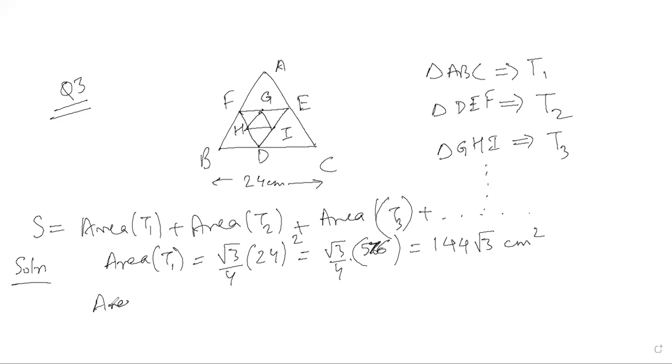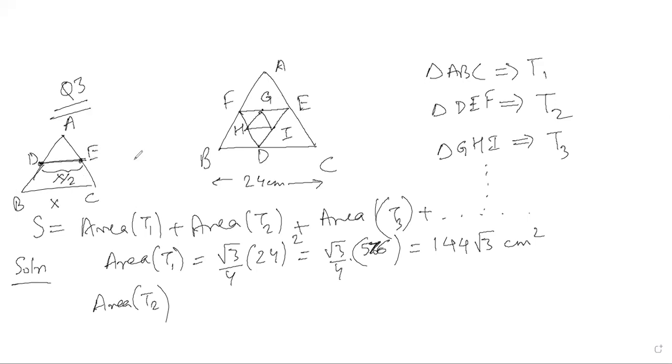Now if we focus on the second triangle, which is T2, that triangle is formed by joining the midpoints of these two sides. So now EF is basically, we know that for any triangle, if we join the midpoints of two sides, then the length of that side is half of the parallel side. Which means if suppose you have a triangle like this and you join the midpoints of these two sides, then we know from the basic proportionality theorem that we have studied in classes 9th and 10th, that whatever the length of this side is x, then this length will be x by 2.